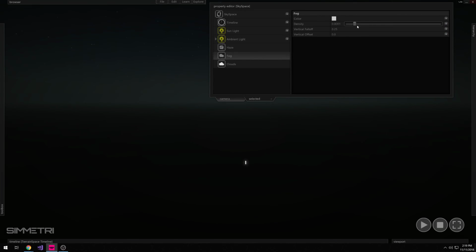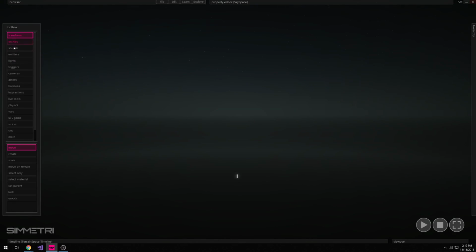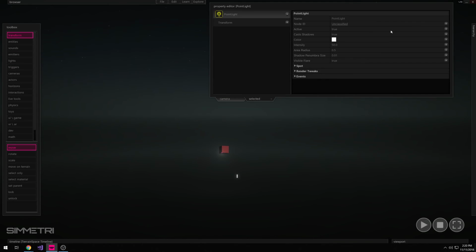Another little trick we can do here is if we go to our space and set our fog value, and we set a non-zero density, and we create a light source, you'll see what happens when we create a light source when we have fog. We create a point light source. If we really exaggerate this light,